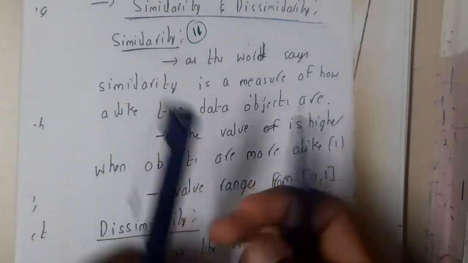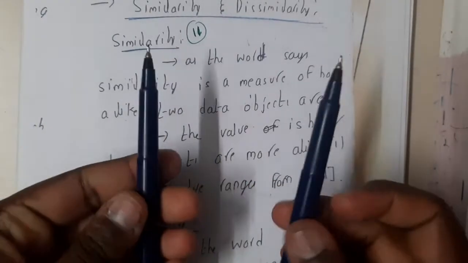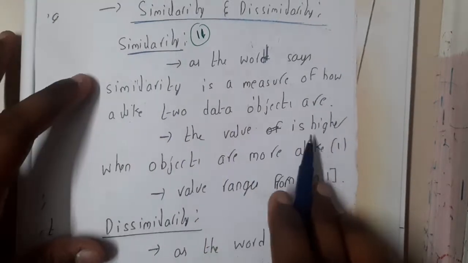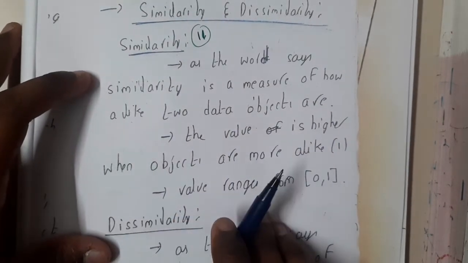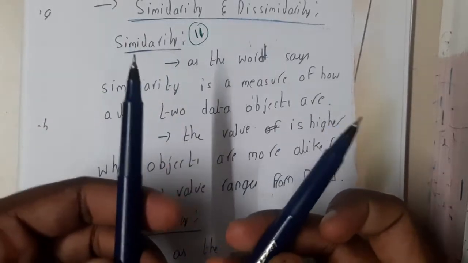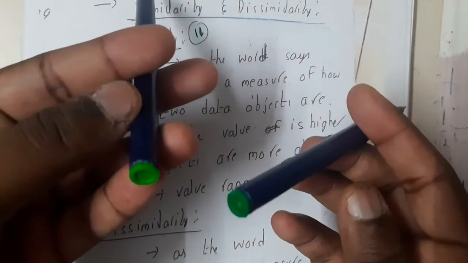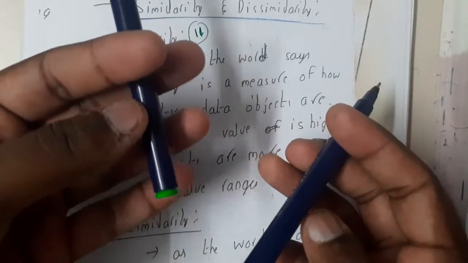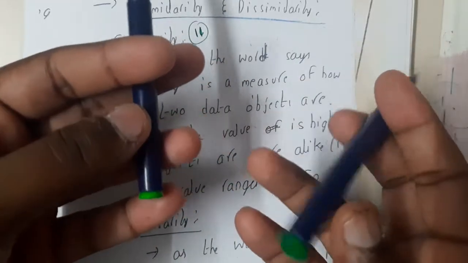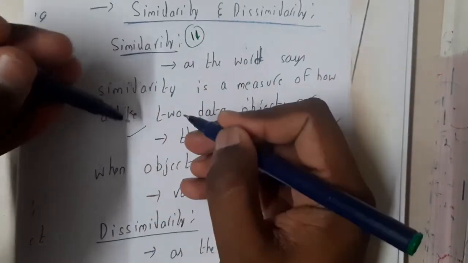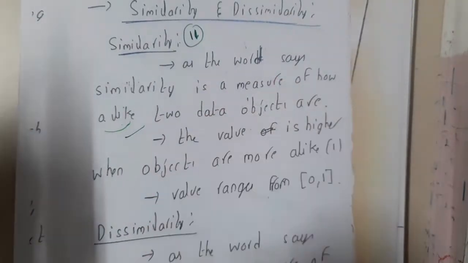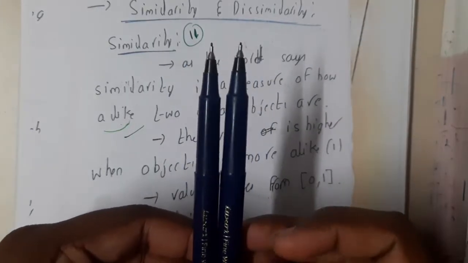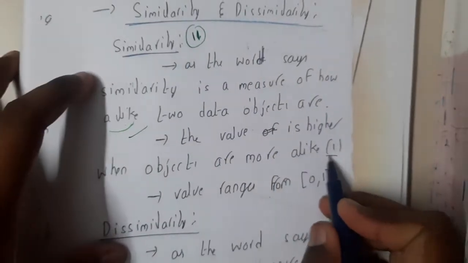These two sketch pens are identical, right? This is a similarity. The value is higher when objects are more alike. So basically these are exact, right? If you observe, the color might be different. One is thick, in the video both look thick, but in reality this one is a bit light and this one is a bit thick in color. So these are almost alike, right? So here the score will be around 1, guys.